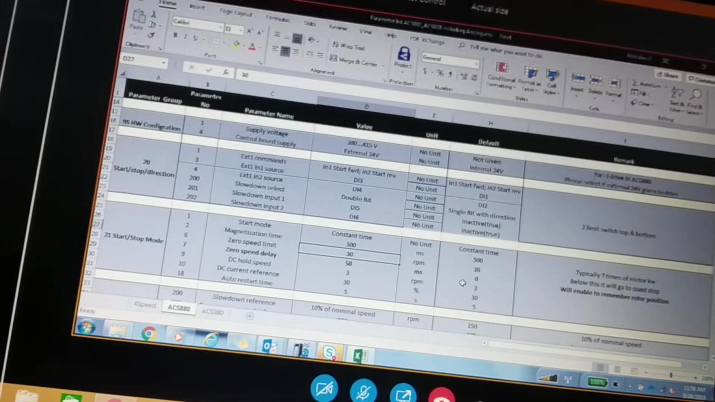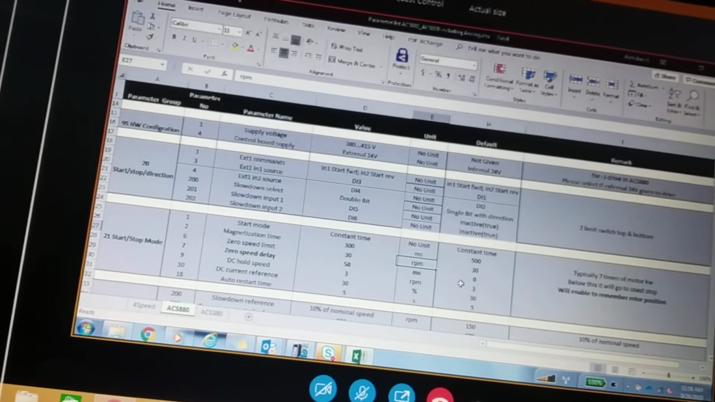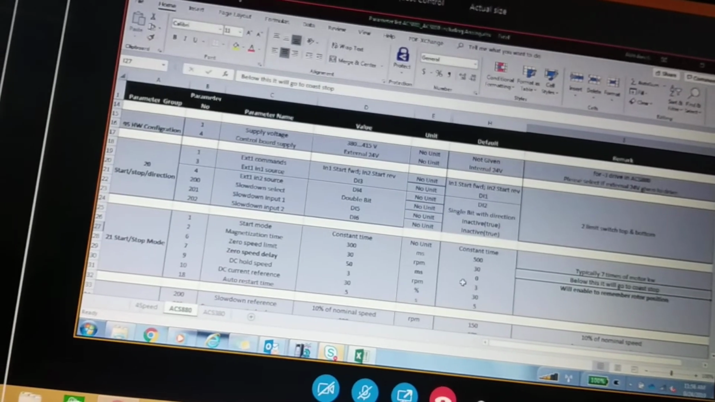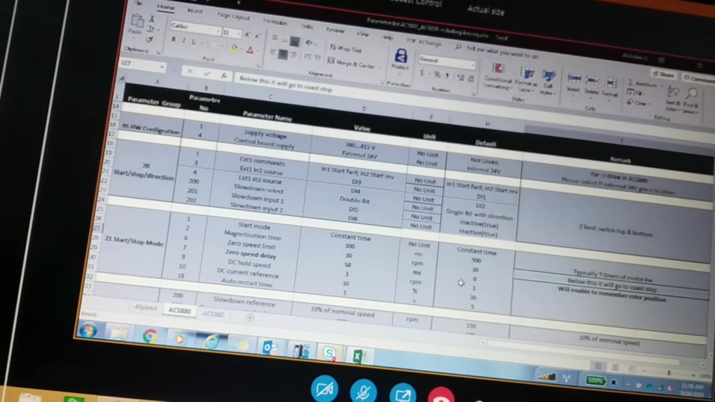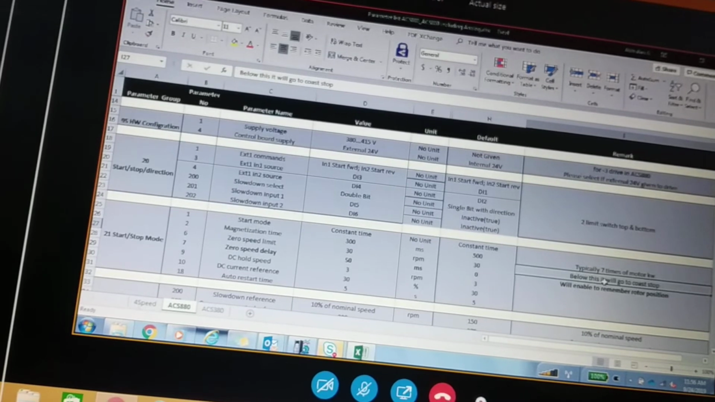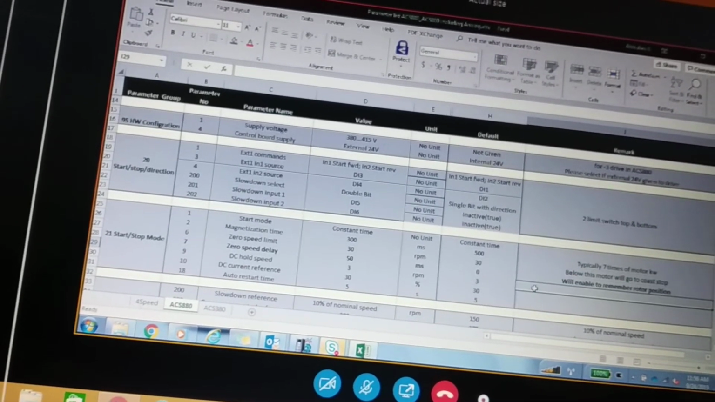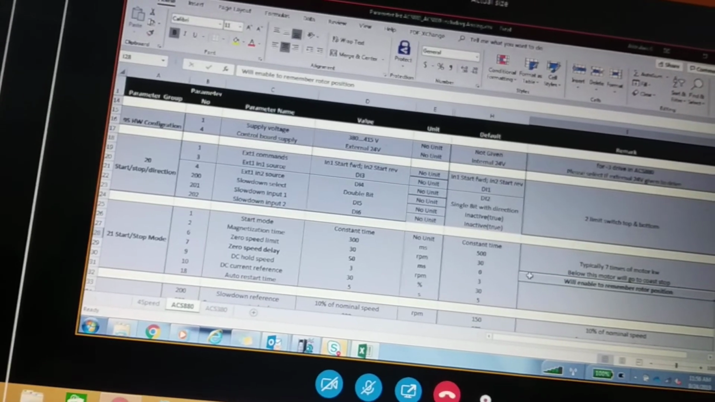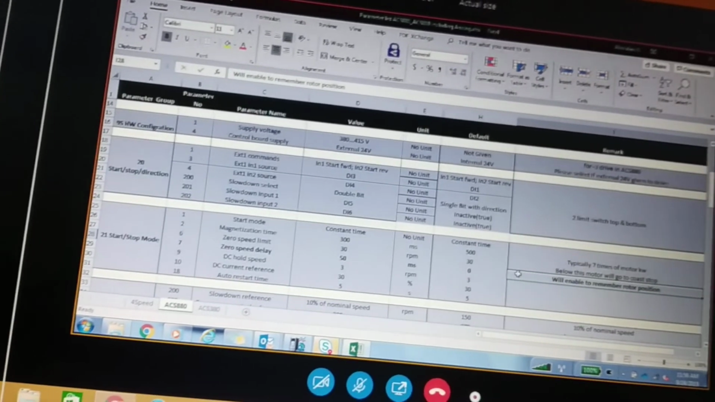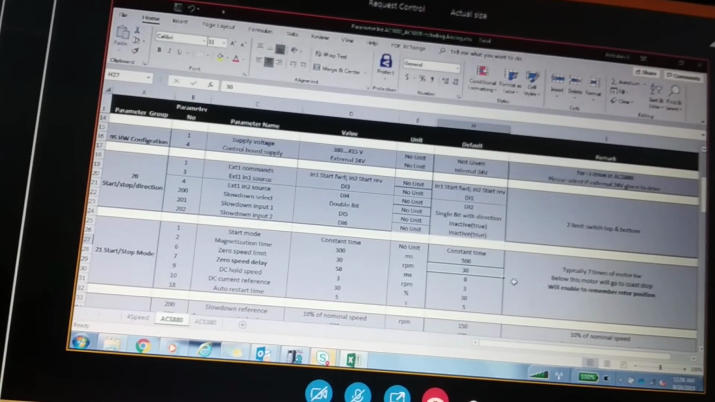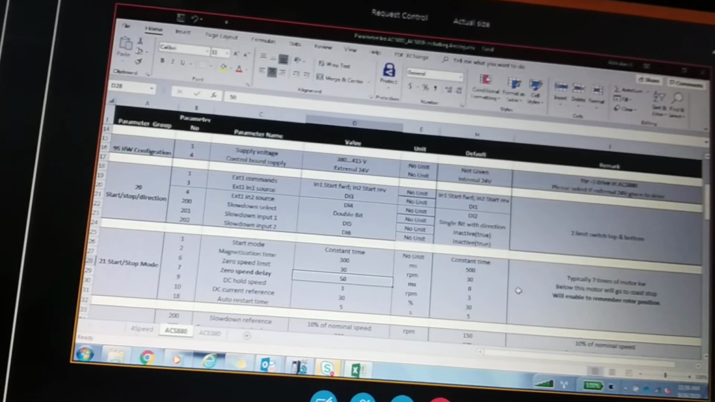Then zero speed limit. This is basically in RPM. Here the comment is clearly given. Below this it will go to post stop. So it means, once you give the stop command, the motor is ramping down, decelerating. So below 30 RPM it will post stop. Then